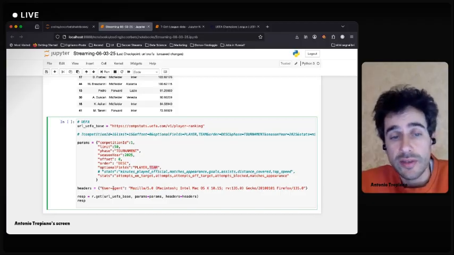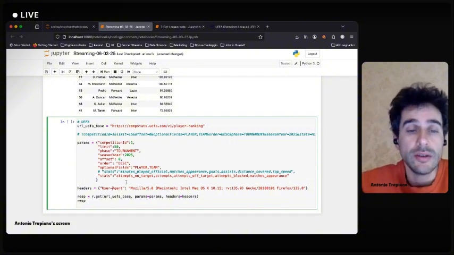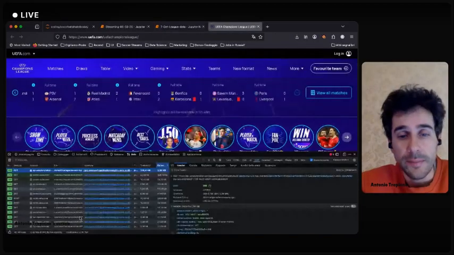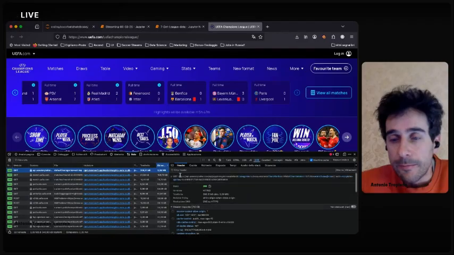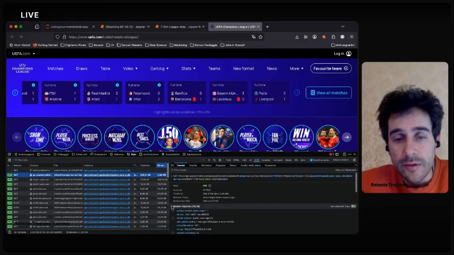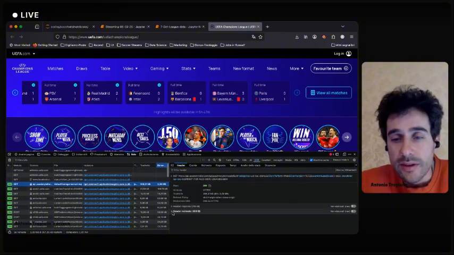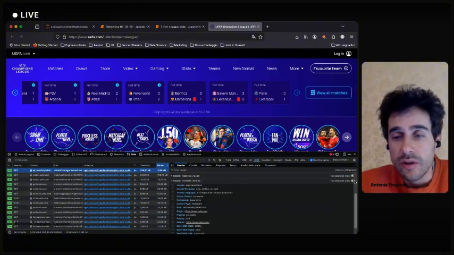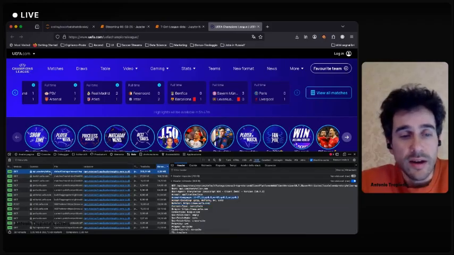Now the headers, you always have to specify headers from UEFA.com, otherwise the API call will be denied, and you can just find the headers here. Like for example, you have a header, right? Like for example, the header of the request, which is here. Like you can get the raw data, and you can say host, you use the retailer, accept, language encoding, and maybe you can just place your own